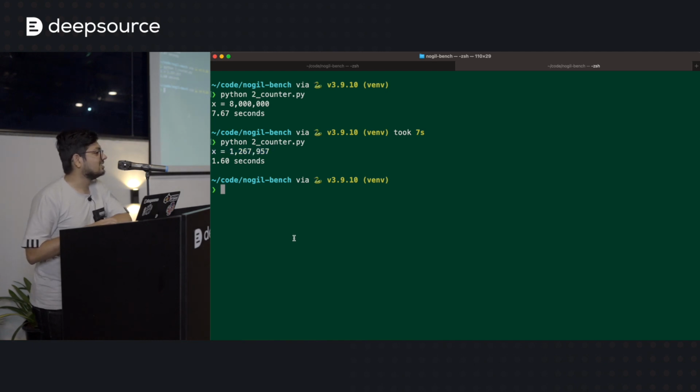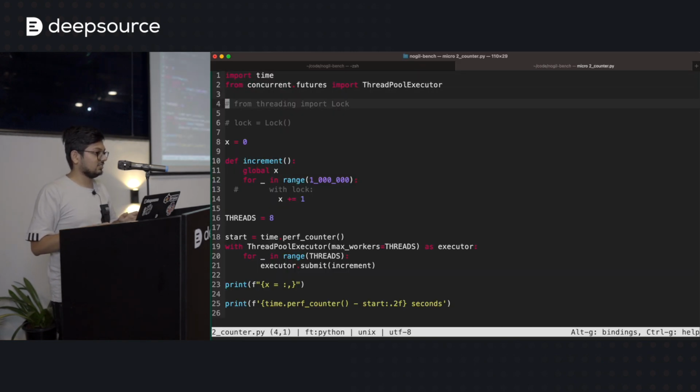See, that's the thing with locks. Once the global interpreter lock has been taken out of Python, it's now the responsibility of the Python developers to make sure that whenever multiple threads try to access the same object, that object is locked. That's why we have to deal with locks and lock contention and all of that jazz.